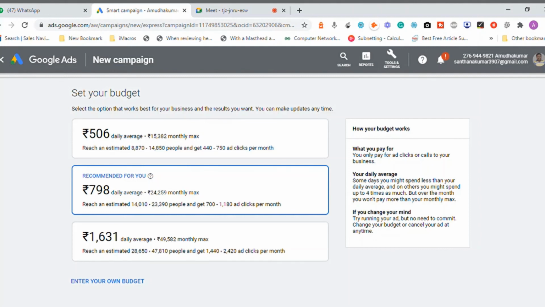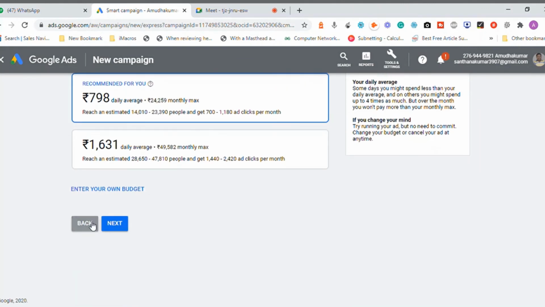Out of 780 clicks per month, if we have 10 to 15 enrollments happening successfully, that's a huge business for us. Now 1631 daily average, 49,582 is the monthly spending. Whichever is your choice, we can choose, or you can enter your own budget and give it a try.